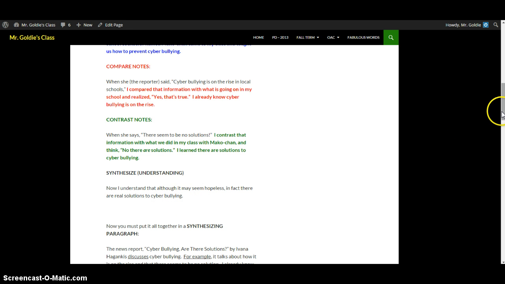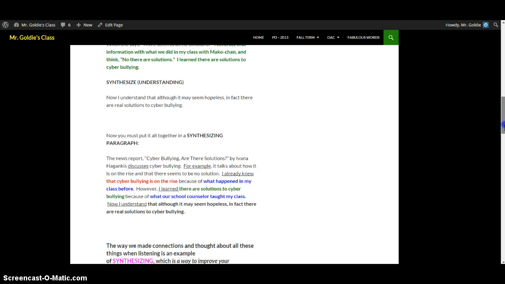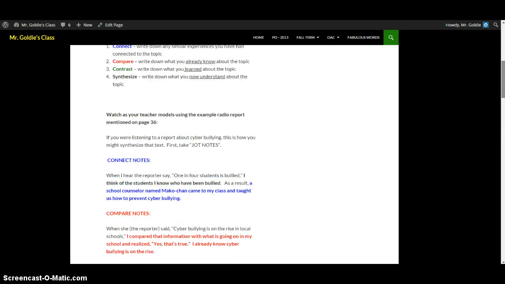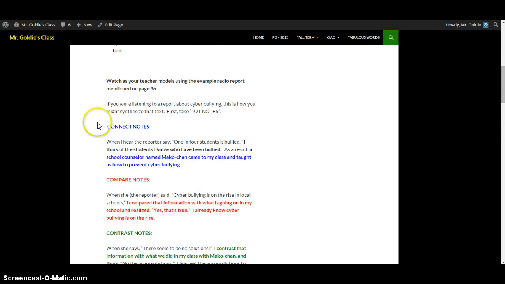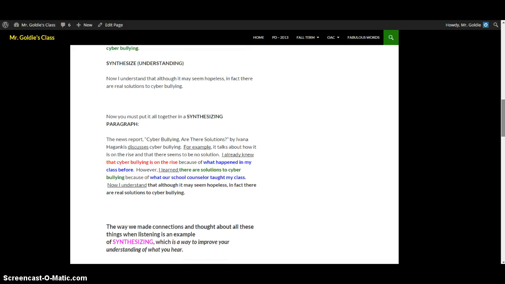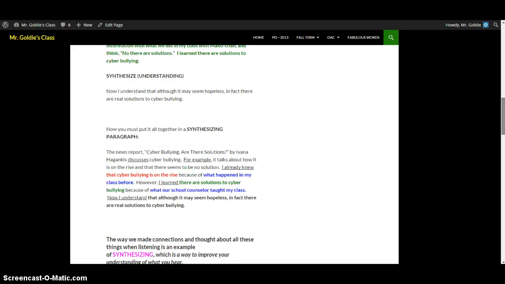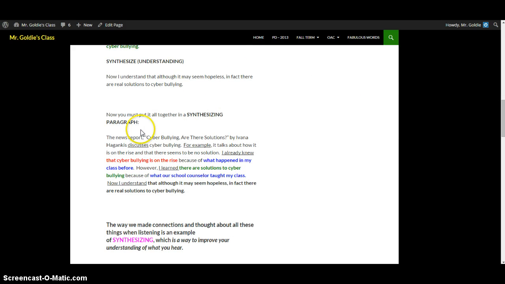And so this is the real artistic part of it. Okay? You need to be able to put your jot notes or your connect notes, your compare notes, and your contrast notes together into a paragraph. Okay? And your paragraph should look like this. The news report, Cyberbullying, Are There Solutions by Ivana Hagankis, discusses